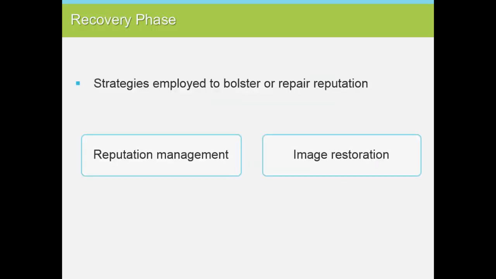The final phase, the recovery phase, addresses the aftermath of a crisis situation. Reputation management is the process of researching and understanding the organization's reputation in the minds of the public. If the reputation is unfavorable, the PR professional will implement tactics to address the reputation problem. Image restoration strategies are used when an organization's reputation is severely damaged and the organization will actually have to make changes in order to restore their favorable image.